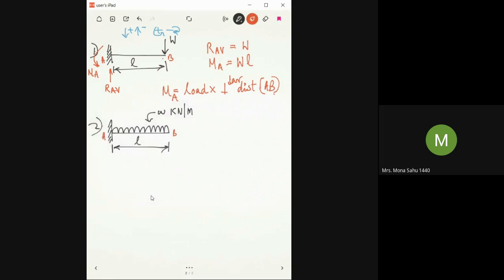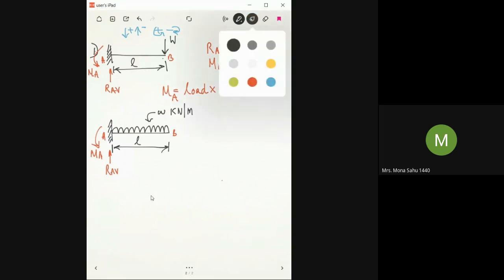So reaction forces depend on the type of support. Okay, so here it is a fixed support. So you'll have a horizontal and a vertical. There are no horizontal forces, so I'm ignoring the horizontal force. And we have MA. Okay, so case 2. So how do you calculate